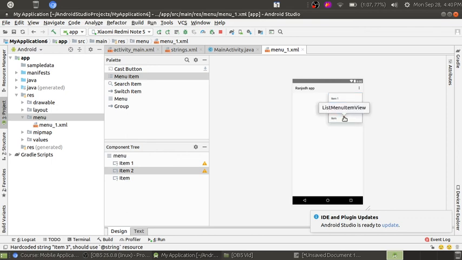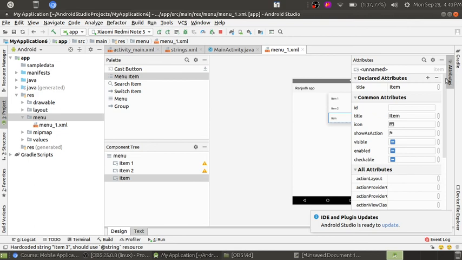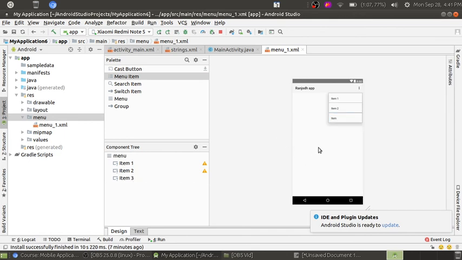Now if you want to do it by using the attributes, click there. When you click there, or you can click in the component tree, go under the attributes. Here is the title. You can write here the 3. As you type there, it shows you the effect of the change in your application. So 3 items are designed.